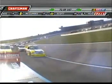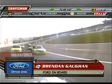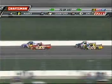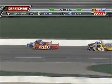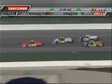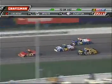That was Chad McCumbee, the one you were talking about, that red truck. Riding along with Brendan Gaughan. Brendan's up in the top 10 right now, being shown in the 8th position, having a great run with a terrific save. He should have lost that truck there 20 laps ago. That would have been fun to ride along with the Ford onboard camera when he was sideways coming out of turn